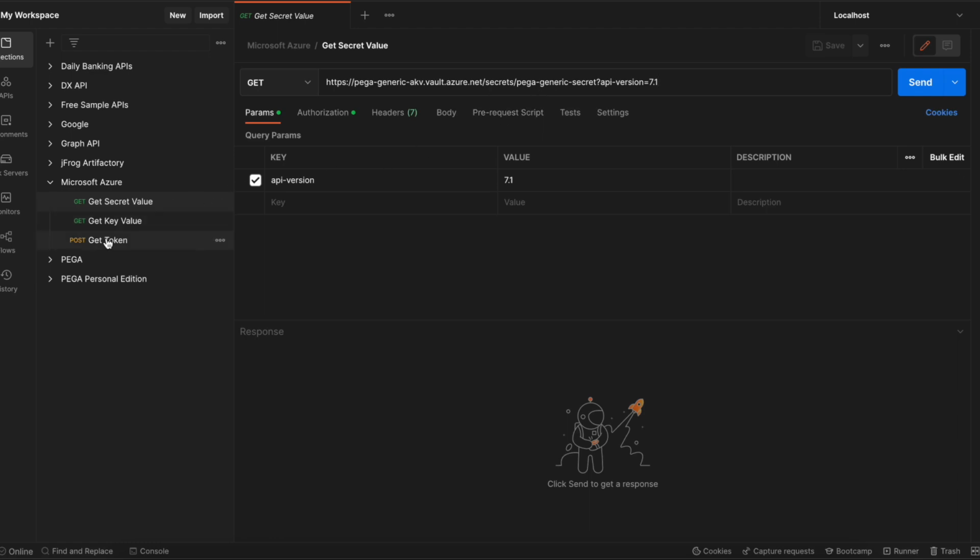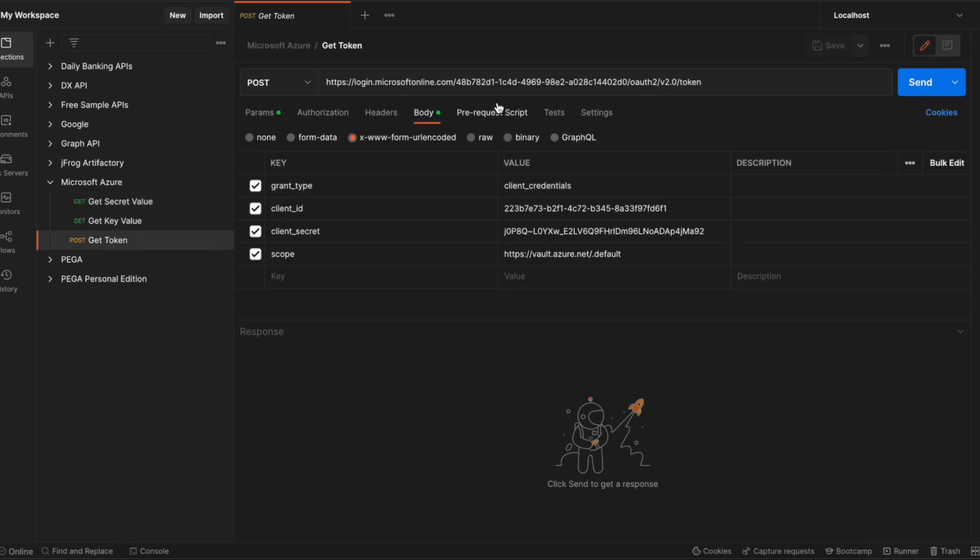Okay, so how is that going to happen? So let's first try that out. Let's first get this token API endpoint working, and then we will talk about how to make the actual secret obtained, and how to get that secret from Azure. For us to get the access token, we need to first use this URL. Now the URL is straightforward enough. You can find this URL also within